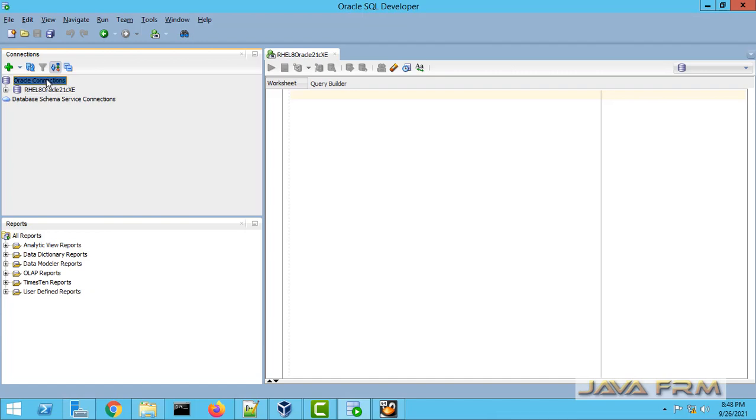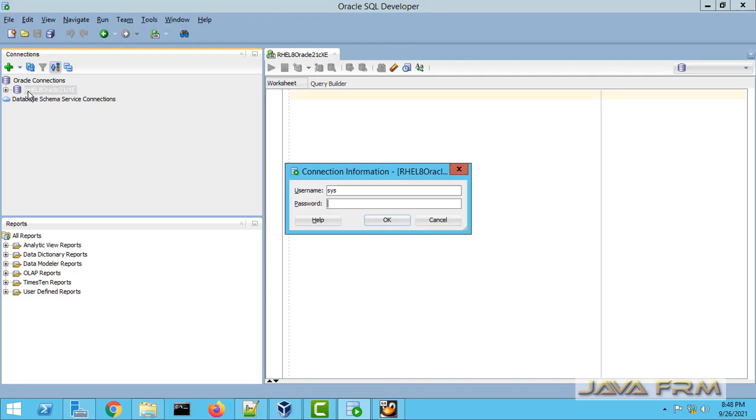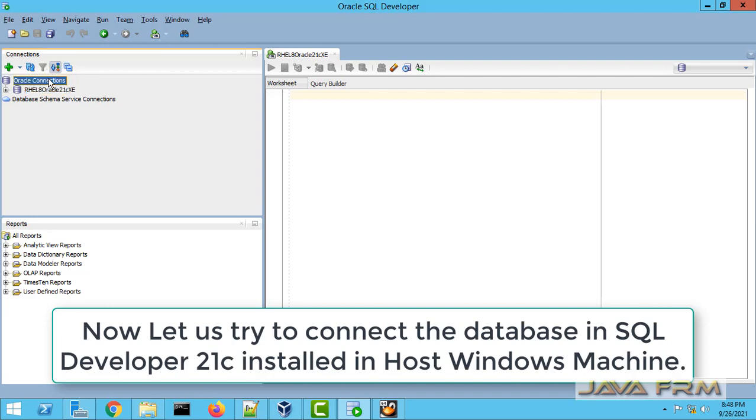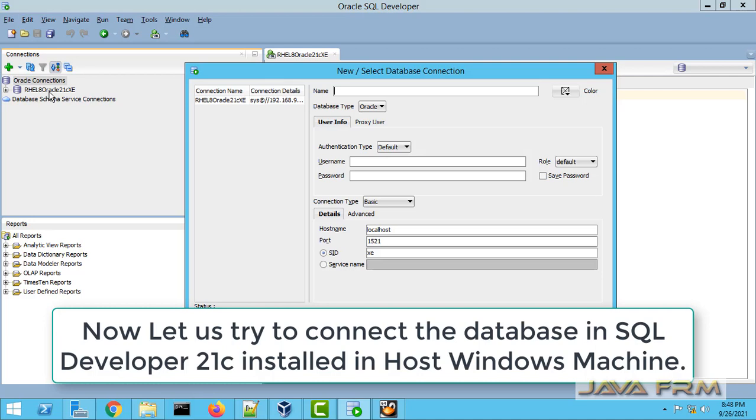Locally I can connect. Now I am going to connect externally. I have already installed Oracle SQL Developer 21c. Make sure that you have installed the latest version of Oracle SQL Developer to connect to Oracle Database 21c Express Edition. I am giving some connection name, since we are using Oracle Linux 8.